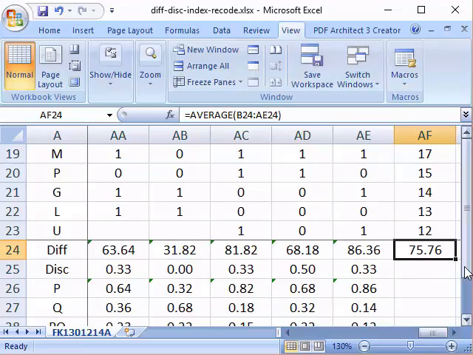So we're going to get the average for difficulty index and average for distribution index. So average is 0.46.